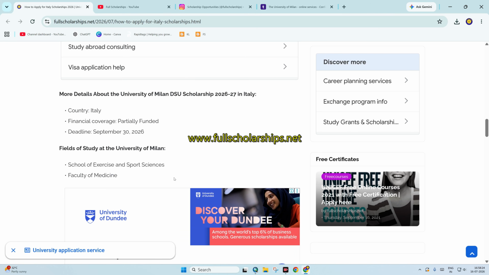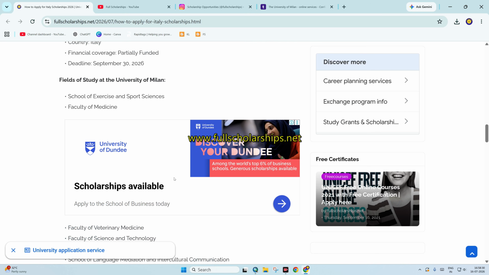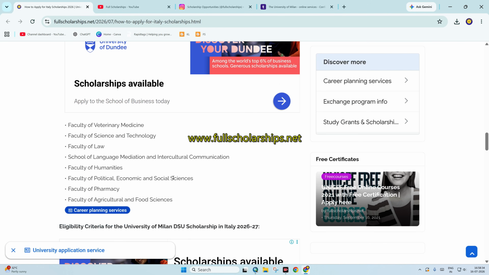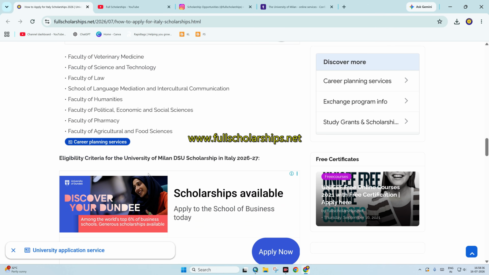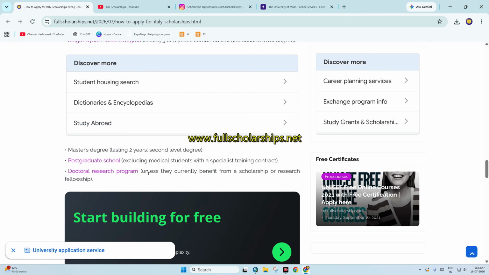It's in Italy, Europe. Fields of study include the School of Exercise and Sports, Faculty of Medicine, Veterinary Sciences, Science and Technology, Law. Almost all top major fields are there. Criteria: you should have a bachelor's degree for masters, masters and bachelor's for PhD, and for bachelor's you should have a high school degree.